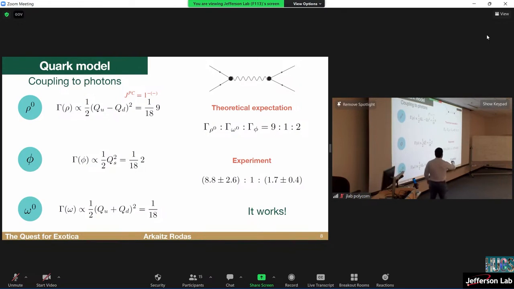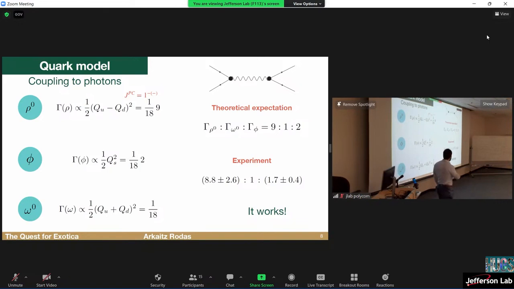If we were to calculate the transition from an e plus e minus related through a photon to 2 quarks, and we do this for the rho 0, okay? Why the rho 0? Why not the rho plus? Because photons have no charge, so it must be rho 0. So if we do this for rho 0, then we get something that is proportional to this term, depending on the charges of the quarks. If we do it for a phi, for example, we will get a term like this. And if we do it for an omega 0, then we will get a term like this. So the decay should go in the ratio 9 to 1 to 2 when we do rho to omega to phi.